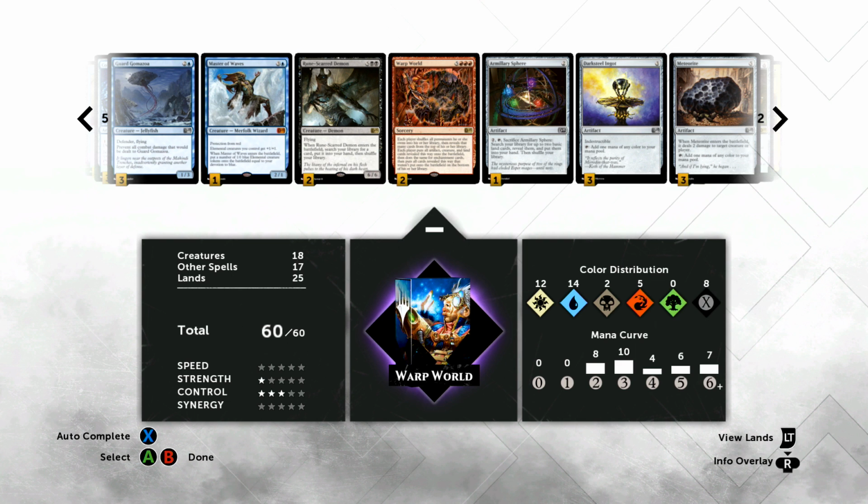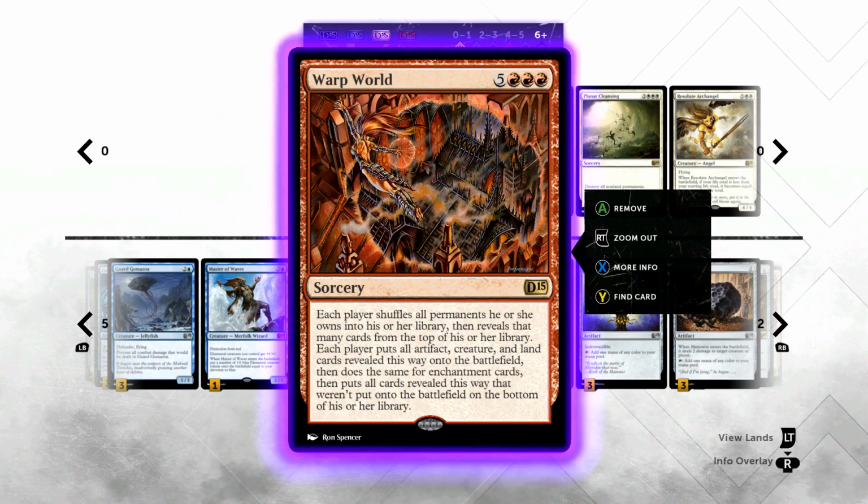Alright guys, we're going to be playing some Warp World this week. If you don't know what Warp World does, then we'll show you. It is an 8-mana sorcery that costs triple red plus 5 colorless, and each player shuffles all permanents he or